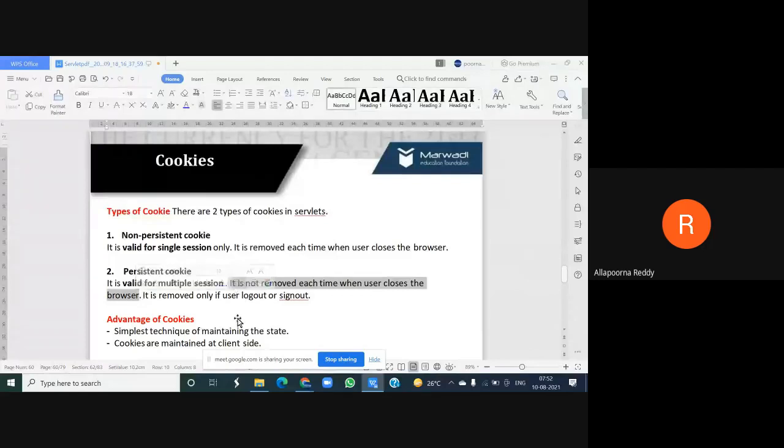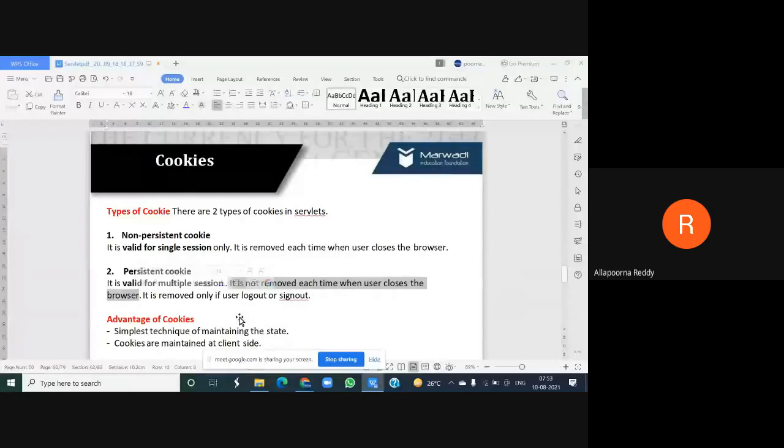So what is the difference here? Take your example as your Gmail account, or your Facebook account, or WhatsApp, any application. You log in using your login and password, then automatically your session starts.